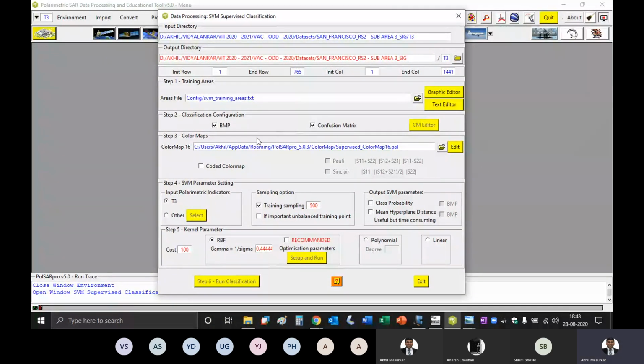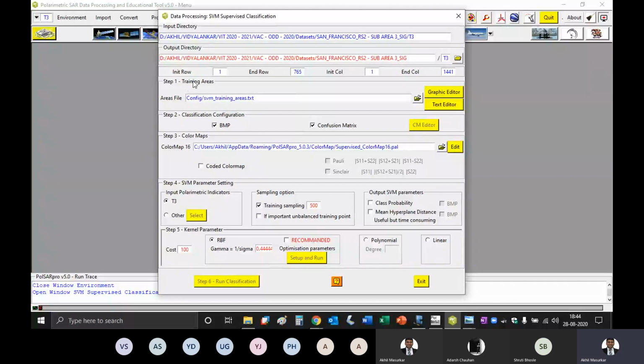Here it tells you the source image, that is sub_area_3_sigma/T3. So basically we are doing classification using a filtered image, and whatever the outputs of the SVM are will be given in the same directory, that is sub_area_3_sigma.